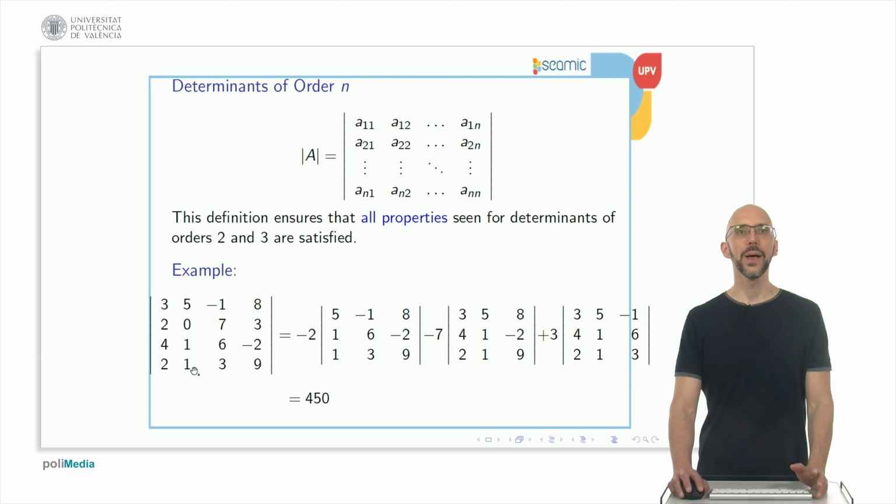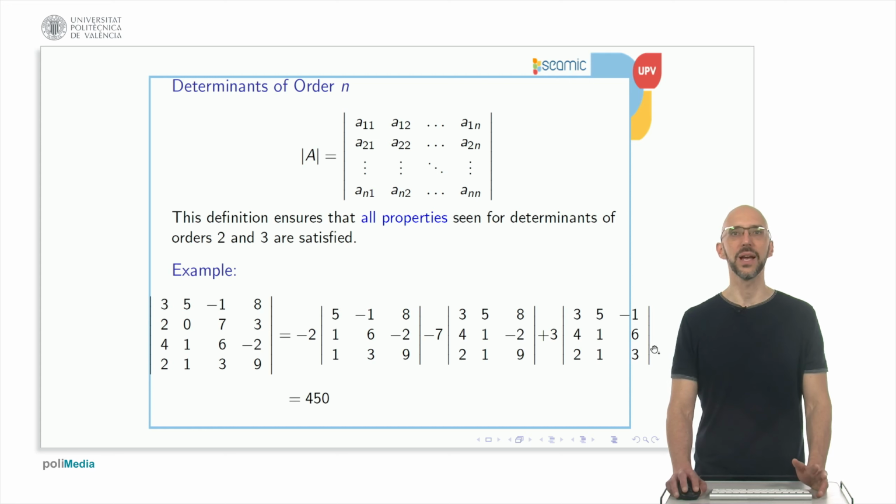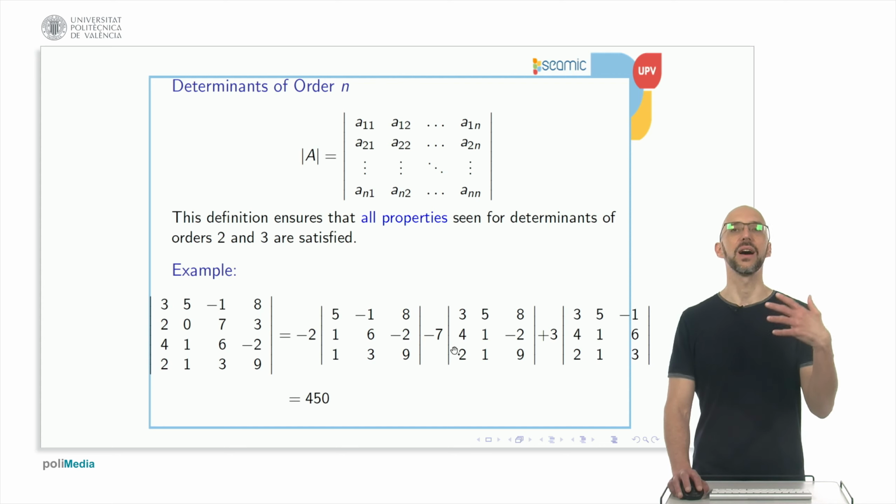If you are going to do that, you can just choose, for example, this row, and it's 2 times the adjugate, 0 times the adjugate, 7 times the adjugate, 3 times the adjugate, and also worse because each of these adjugates is an order 3 determinant that you need to calculate using Sarrus's rule or the same method. So it's a lot of work. Okay? So guys,